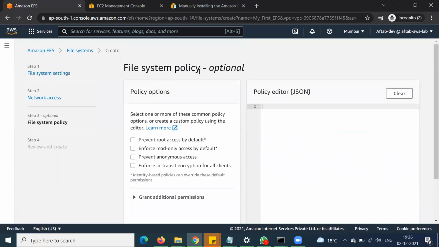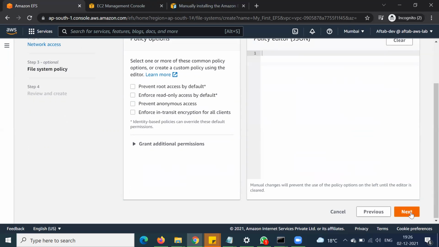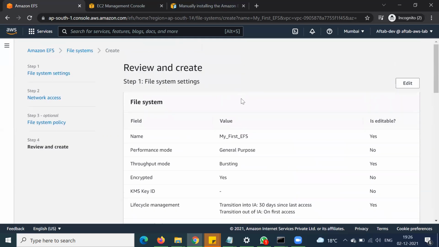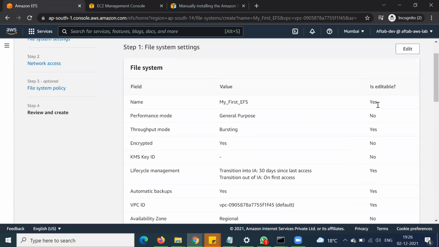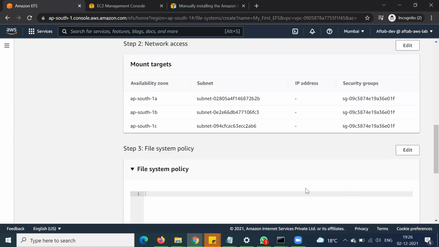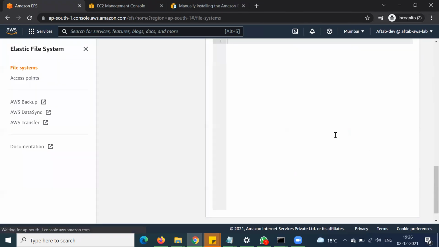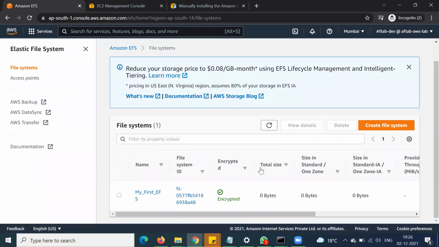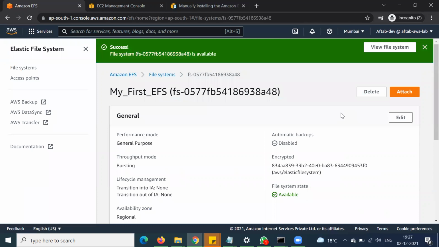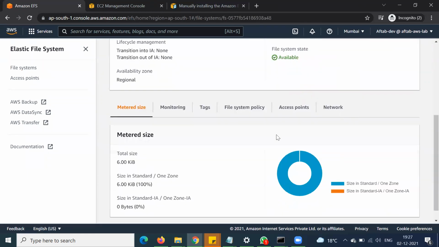This step is optional, so it is not required. Go to next. Now this is the review page, you can see everything here. Just go and create this EFS. So guys, we have created this Elastic File System. If you open this EFS, we will be able to see the metered size, whatever storage is used on this EFS file system,